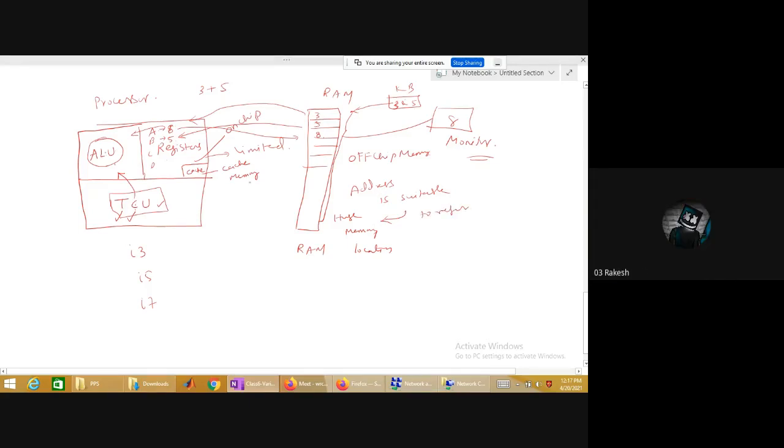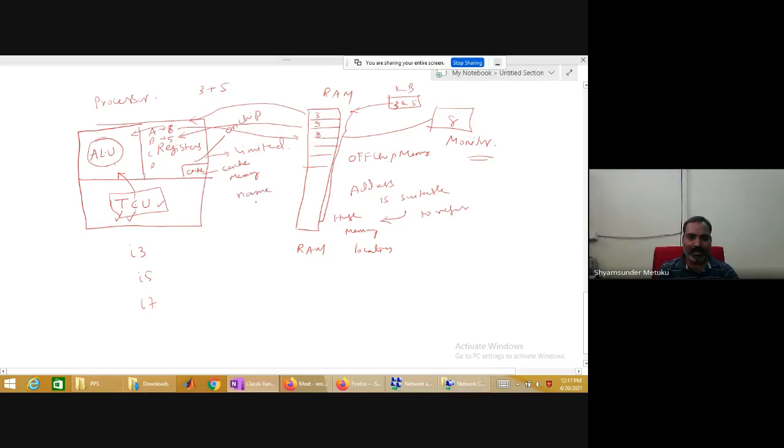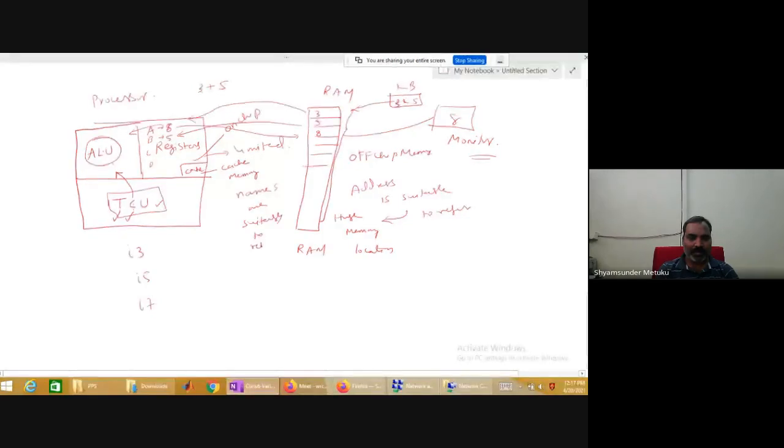Whereas names are suitable to refer to registers. Yes or no? Everybody understood? What do you mean by register? What do you mean by memory?